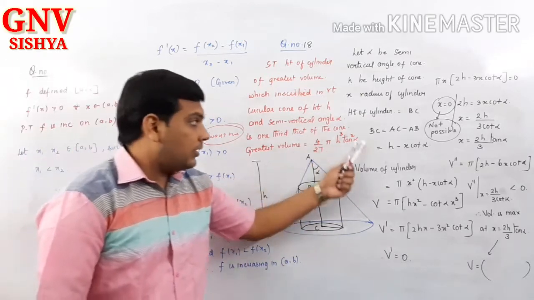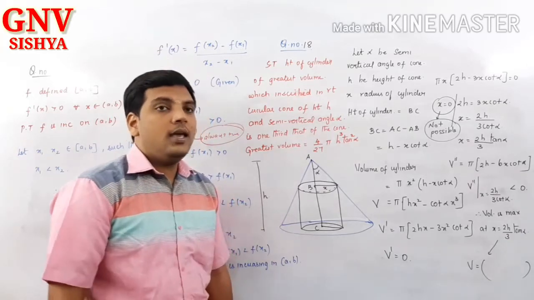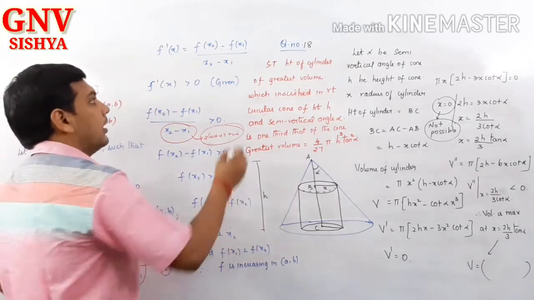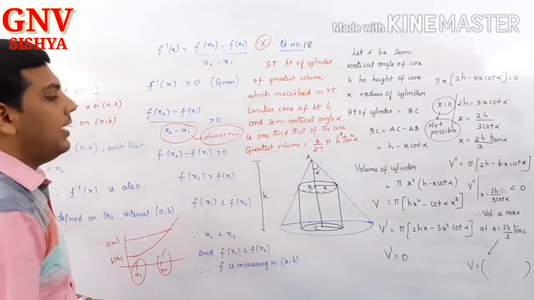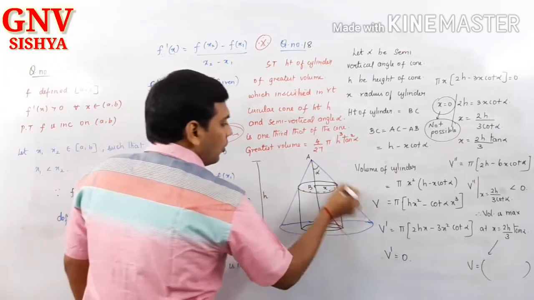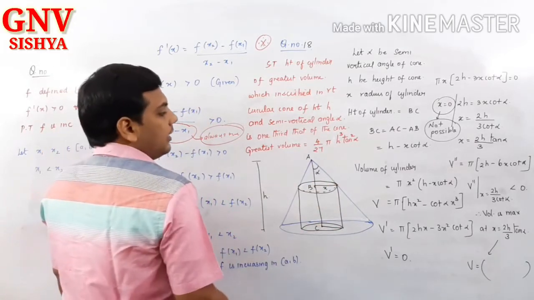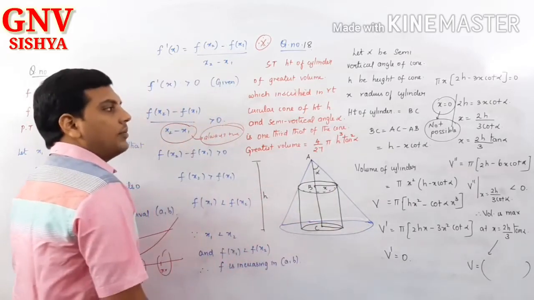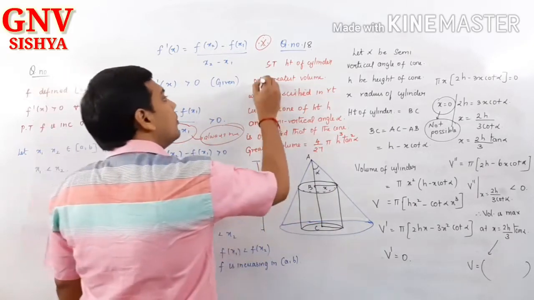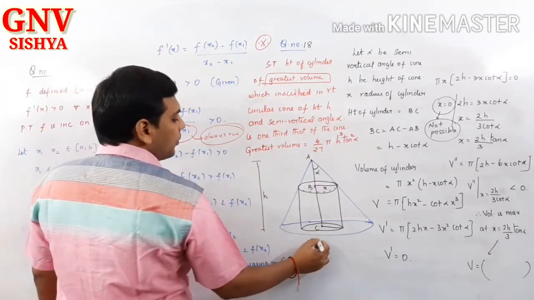When we see this question itself, again I am saying it, many people will get afraid of the question. Again, such an important question. From the board exam point of view, it is an important question. So what they are saying is, inside a cone there is a right circular cylinder. Cone dimensions are constant. We have to prove that the volume of the cylinder is greatest. Two things we have to prove.